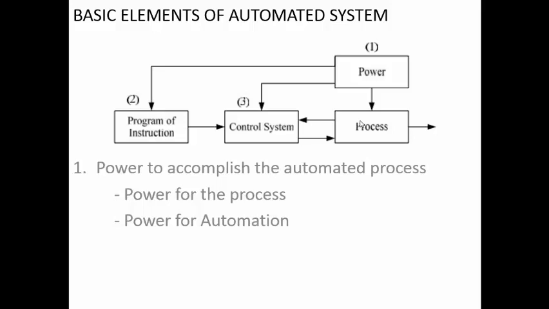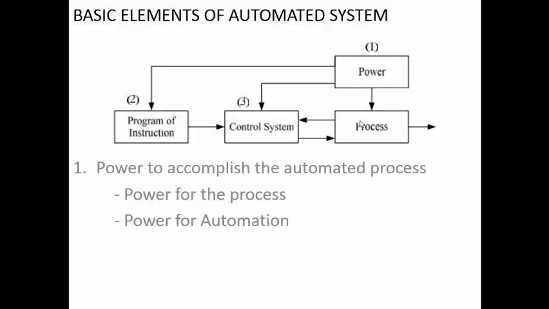So if you take any process, maybe a heat treatment, maybe a machining activity, it requires some kind of power. If you take a heat treatment process, you require heat, which can be generated by using several means. You can burn some fuel and get the heat, or you can use a solar concentrator, or you can use some electrical power and heating coils to get the temperature. But whenever we say power, in case of the automated system, we want to control it in the required way so that at the end of it the output can be easily controlled.